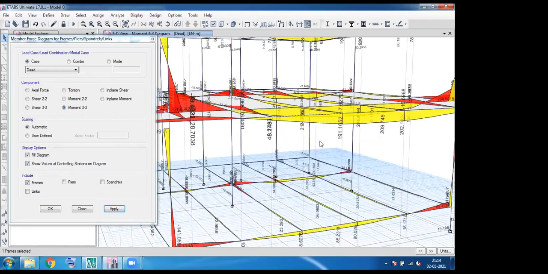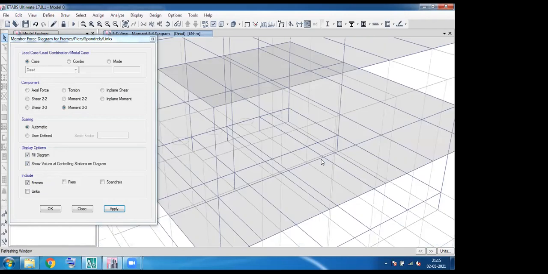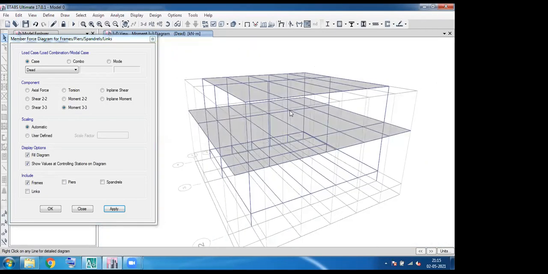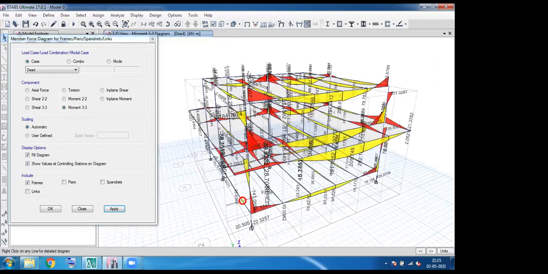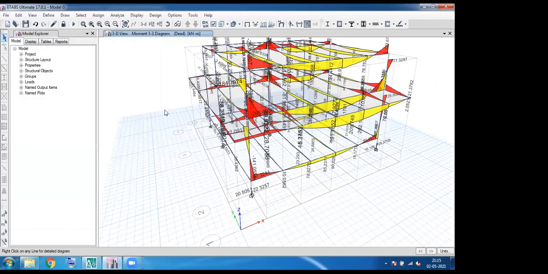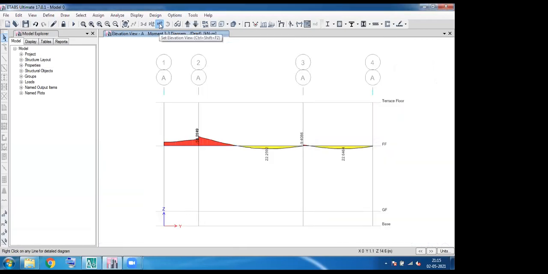So I'm just choosing this beam, a single beam. Okay. See, the one end is fixed. For fixed support, let me show you in an elevation view. You can easily see the hogging and sagging bending moment.